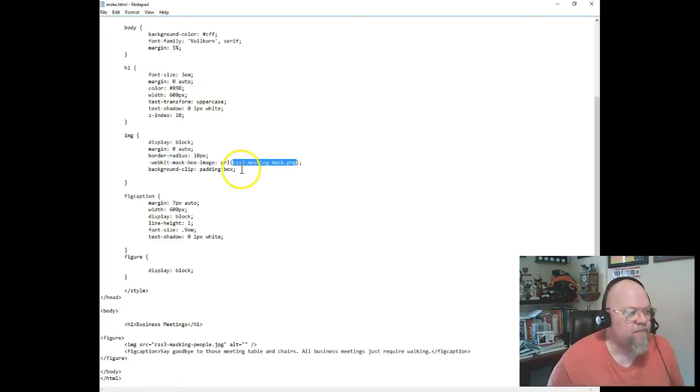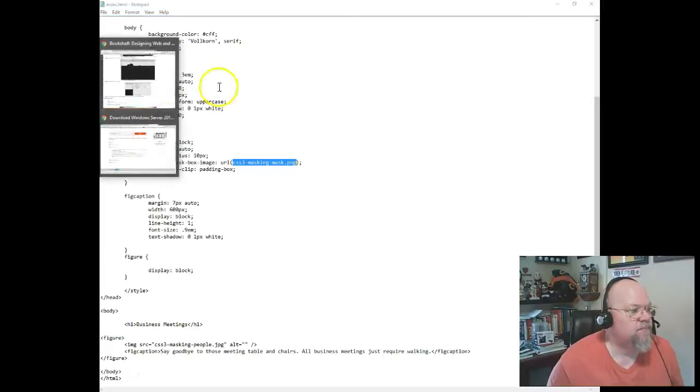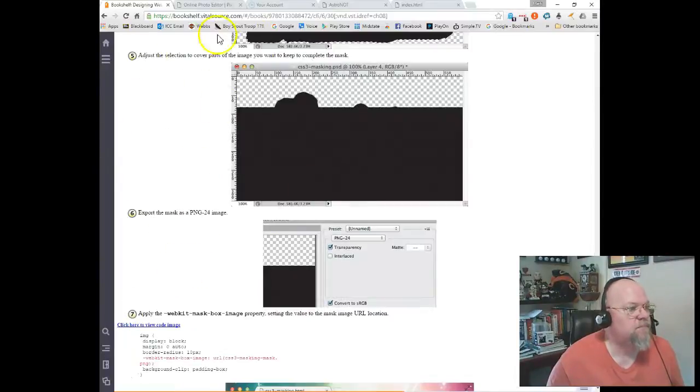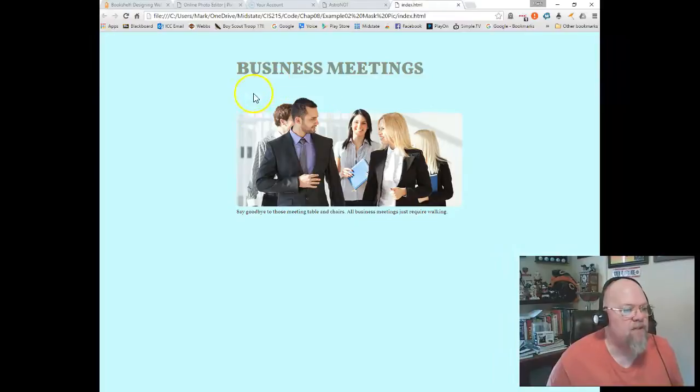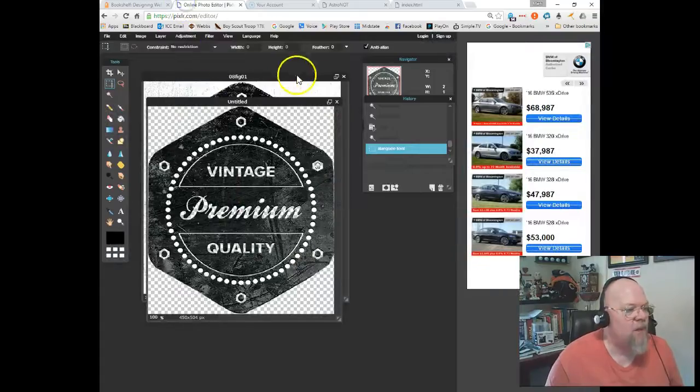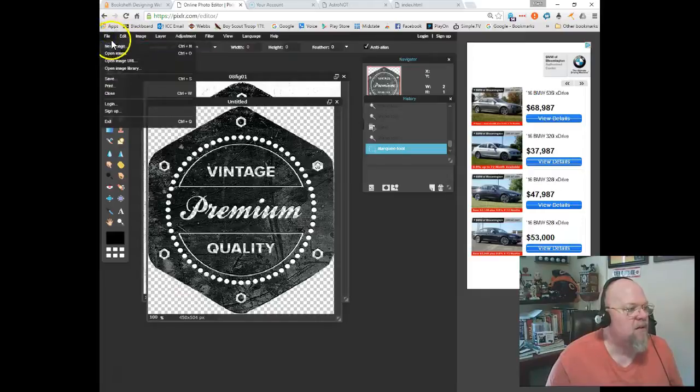Okay, so again, that's basically what that then looks like. It's a pretty cool effect. It really does a great job. So as opposed to modifying this picture, why not use masking to basically get rid of the portions that we don't want? And we can do that by bringing in